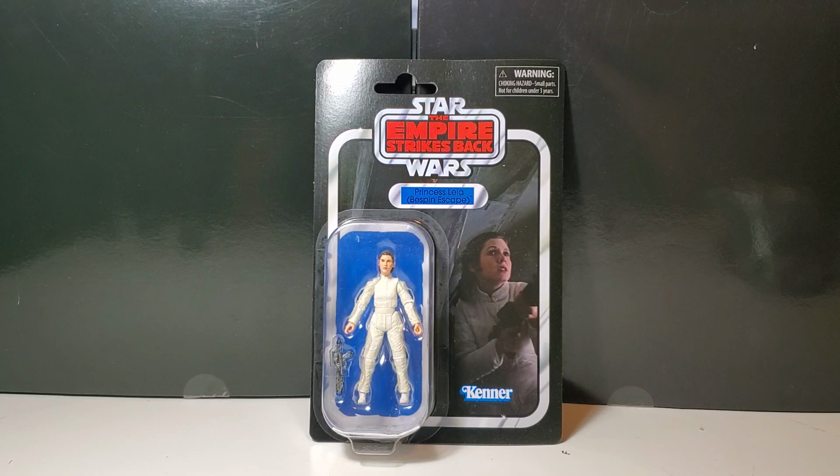I can't express enough how awesome they're getting with the painting and sculpting technology that Hasbro has been using. These faces are just becoming more and more lifelike and realistic looking, and they just look so good. And I'm going to show you in this video just how far they've come in terms of faces, because